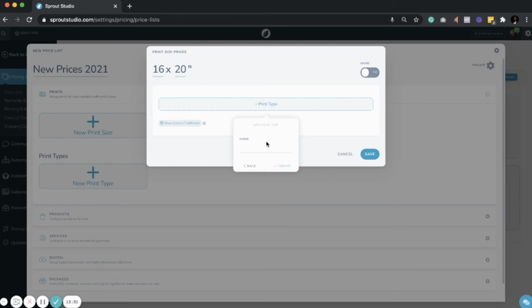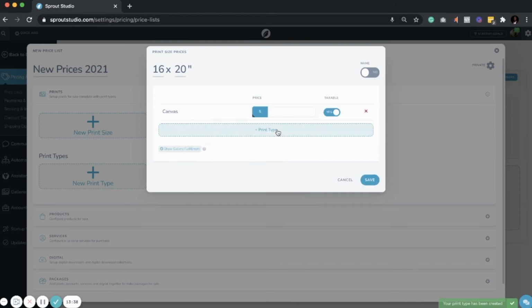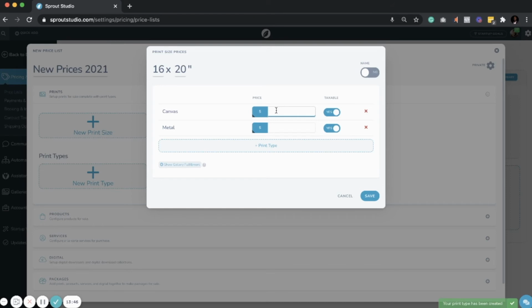And I will do canvas and metal. And I will keep them the same price. I will start these both at